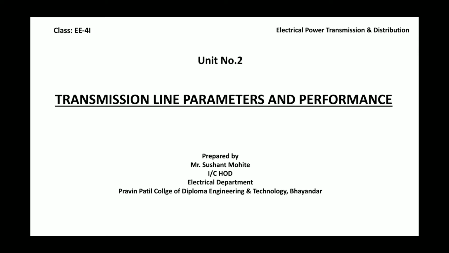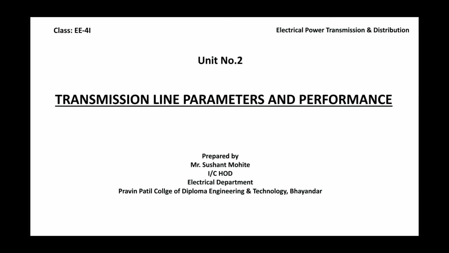First, resistors are made up of metals, and hence the resistance of the conductor R is equal to rho L upon A. The next is inductance. The line conductors carry alternating current. The alternating current produces alternating flux. This flux links with the conductor and produces a self-induced EMF which opposes the voltage. The property which opposes change of current is called inductance. Opposition created due to inductance is known as inductive reactance, that is XL.